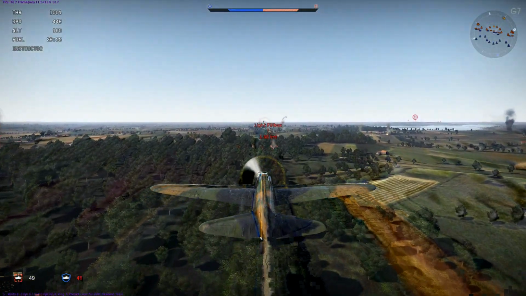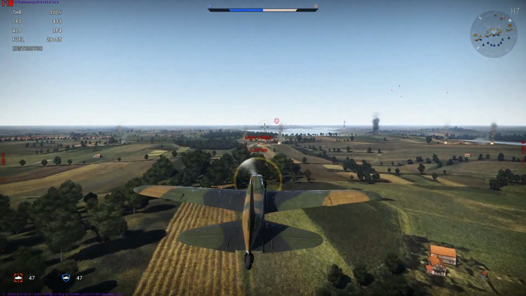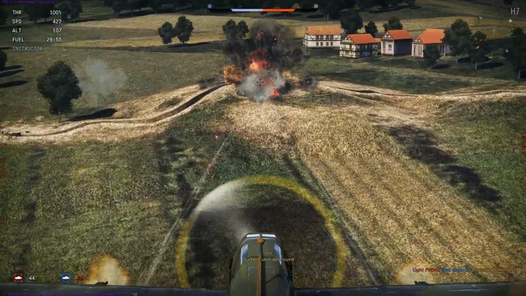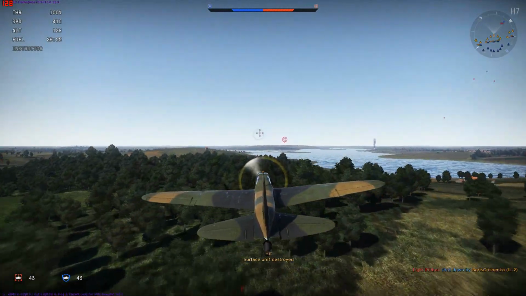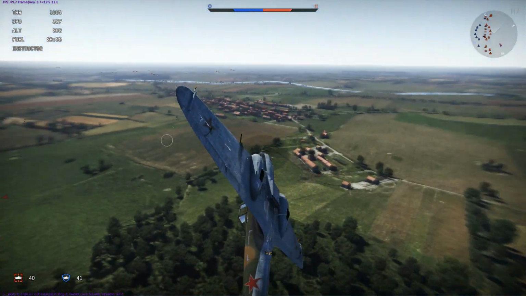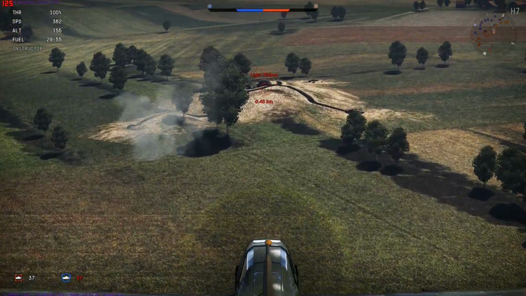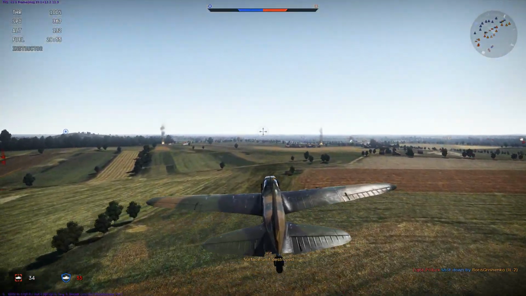Now, I am here to talk to you primarily about light pillboxes. So here you can see me flying my IL-2 Sturmovik, which is armed with two 23mm Schwach cannons. And on all of the aircraft you're going to see shown, I'm using the default cannon rounds. Depending on the plane and the country, there may be differences. But essentially, this is all about how with cannons you can kill pillboxes, assuming you're using the right